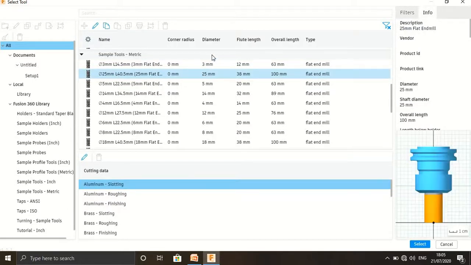You can select these depending on the diameter, flute length, and the overall length, that is 100 mm, because the thickness of the job is near about 30 mm, so we have to select an overall length of 100 mm.